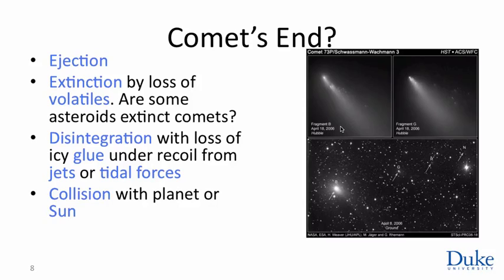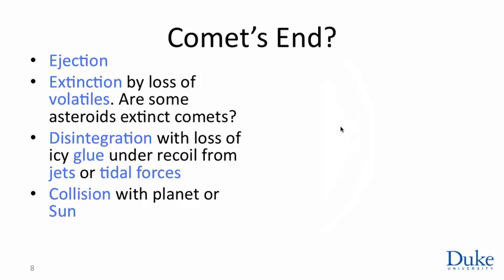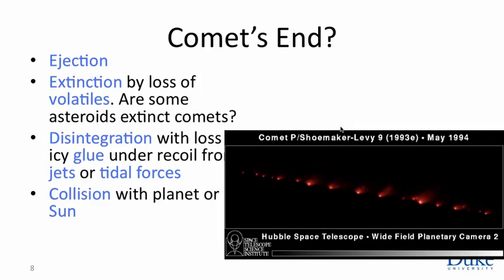And then the other possible end for a comet is a collision. Famously, in 1994, Comet Shoemaker-Levy 9 did both. It first disintegrated into about 19 pieces in the tidal force of Jupiter, which it was approaching, and then sequentially, one after the other, all of these plowed into Jupiter, giving us a rare and at the time unique opportunity, perhaps to see what ejecta they pulled out of the atmosphere, and to learn something about the constitution of